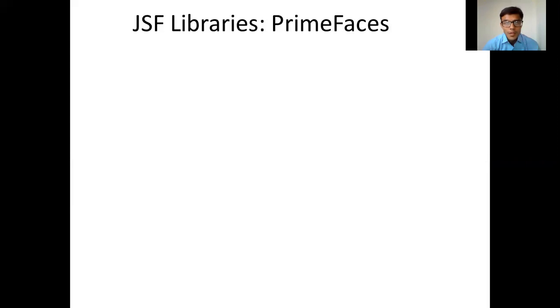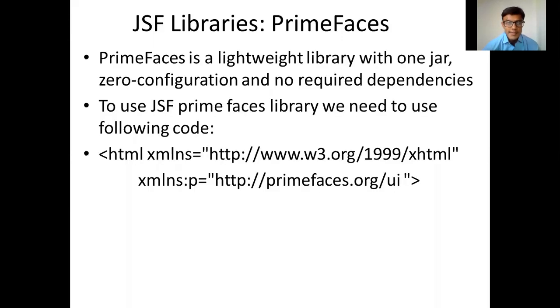So, in JavaServer Faces, there are libraries which JSF can use, and PrimeFaces is one of them. Basically, PrimeFaces is a third-party library which is very lightweight, with only one jar file.